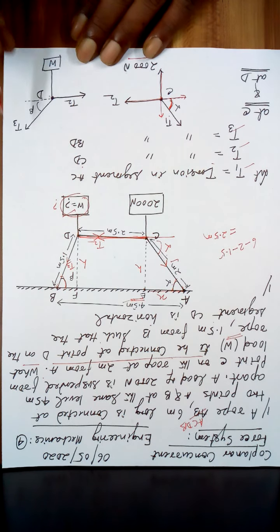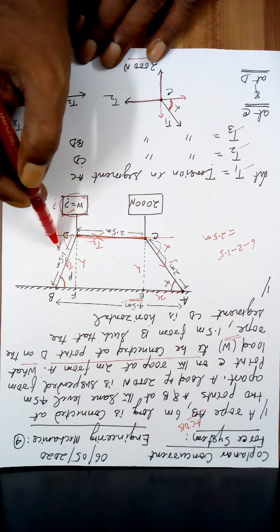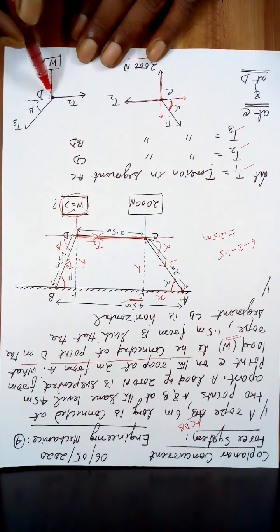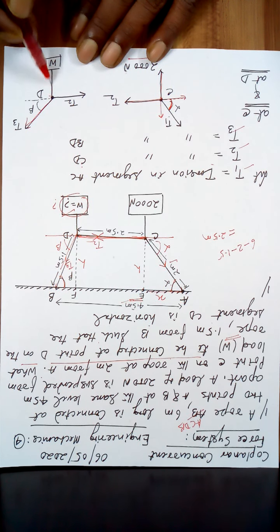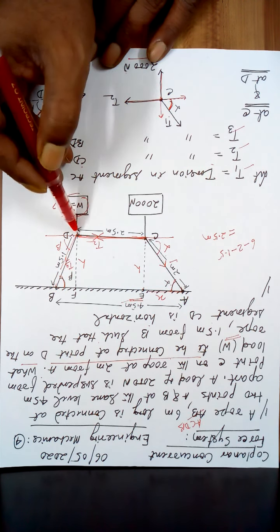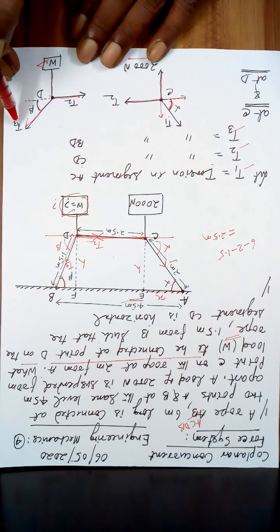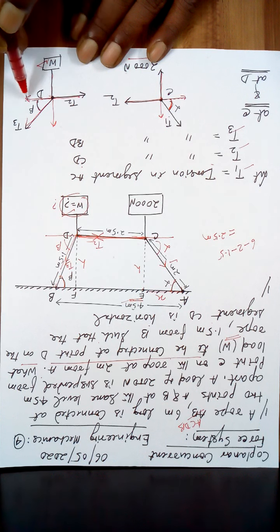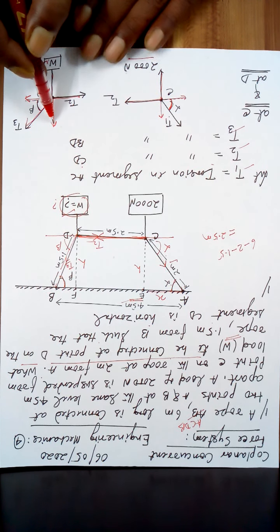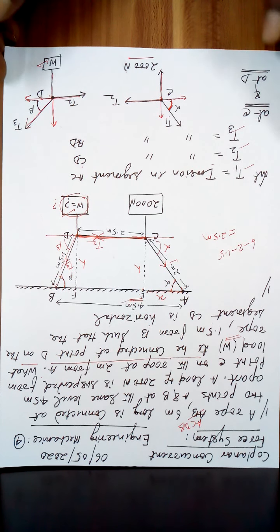Similarly here, if you draw a horizontal line, this angle is beta. This point is D, so T3 is this way. This is the weight W to be found out. T2 is this way, T2 is this way. Now we don't know this angle beta. If you can find out beta, then the components of T3, that is T3 cos beta and T3 sin beta, can be found out. So we have to find out alpha and beta first.